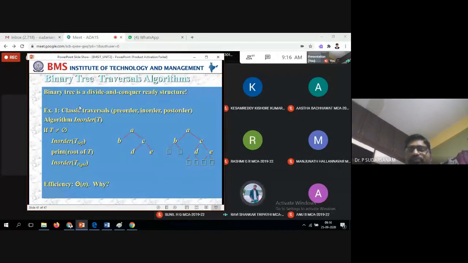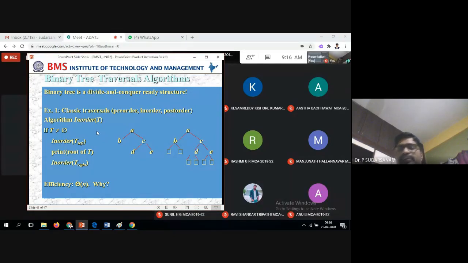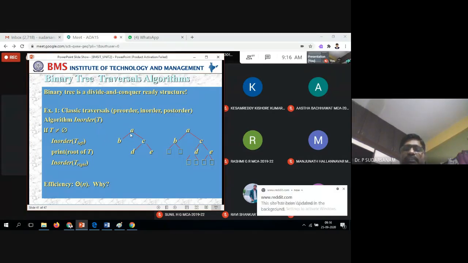Yes, sir. Now you assume that one tree and continue with that one. Like this you will be repeating. That's all called the in-order, pre-order, post-order tree traversals. Now just once again, it is available here. This is also called one example. The classifications of the traversals are nothing but pre-order, in-order, post-order. Suppose you take this example; if I ask you to write in-order, first is left, then root, then right.